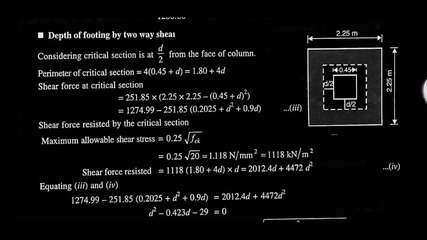This is equation 3. Now shear force resisted by the critical section: the maximum allowable shear stress is equal to 0.25 root over FCK, that is 0.25 root over 20, that is equal to 1.118 Newton per millimeter square, or we can write 1118 kilonewton per meter square. Now shear force resisted, tau c, that is 0.25 root over FCK, the value is 1118 into (1.80 plus 4d) into d, that is equal to 2000